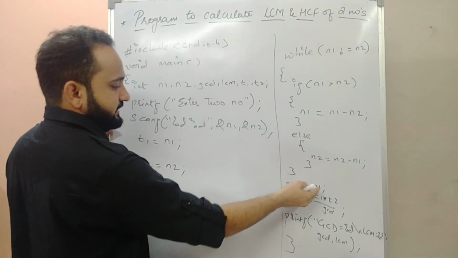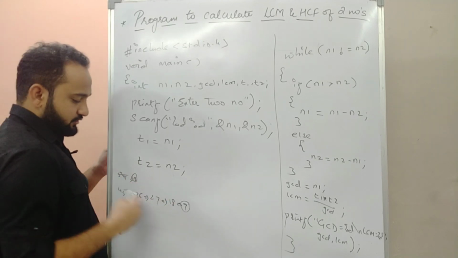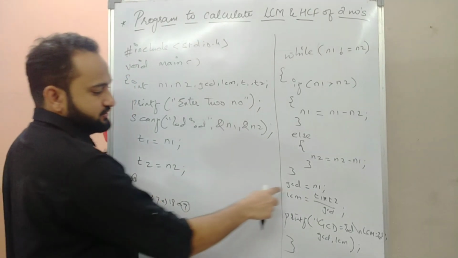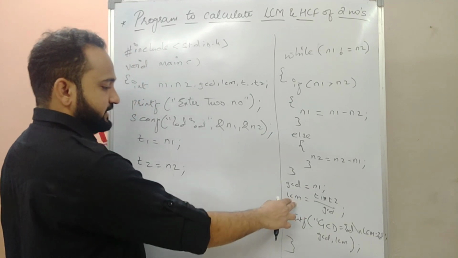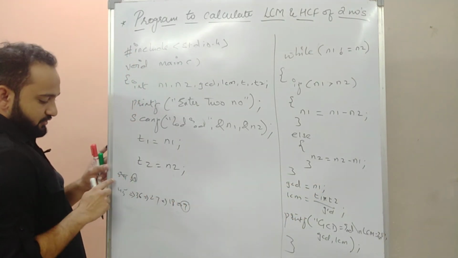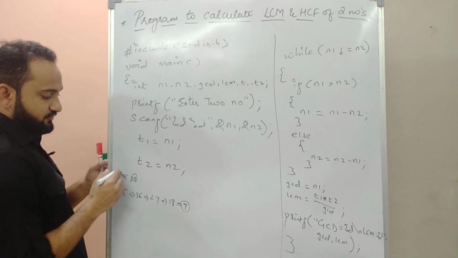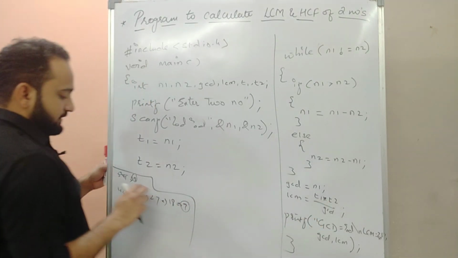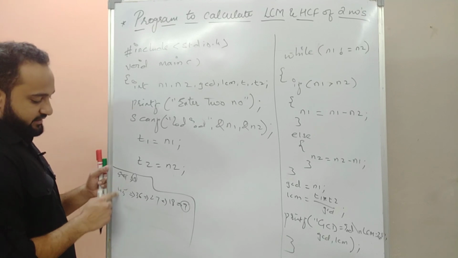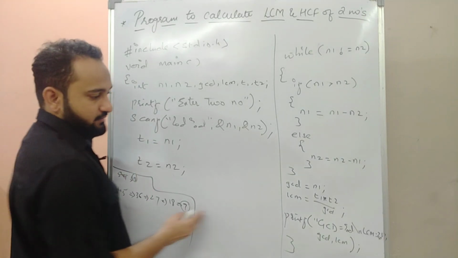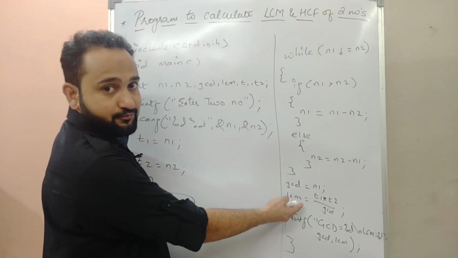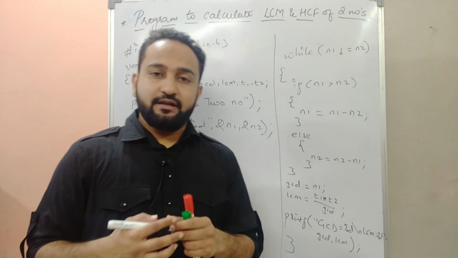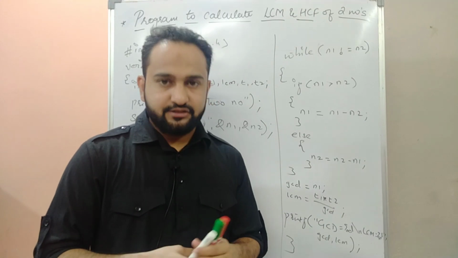So you're calculating GCD. You're just simply putting the value of n1 or n2 into your GCD. So that is 9 in this case, right? So GCD equals 9. LCM you're calculating. You have stored the values of your variables, 54 and 45, into T1 and T2. Simply you will multiply. Meaning what will get multiplied? 54 into 45 will be done, divided by 9. Whatever answer you get, that will be put into LCM, and finally you are printing the values of GCD and LCM. I hope you got this.